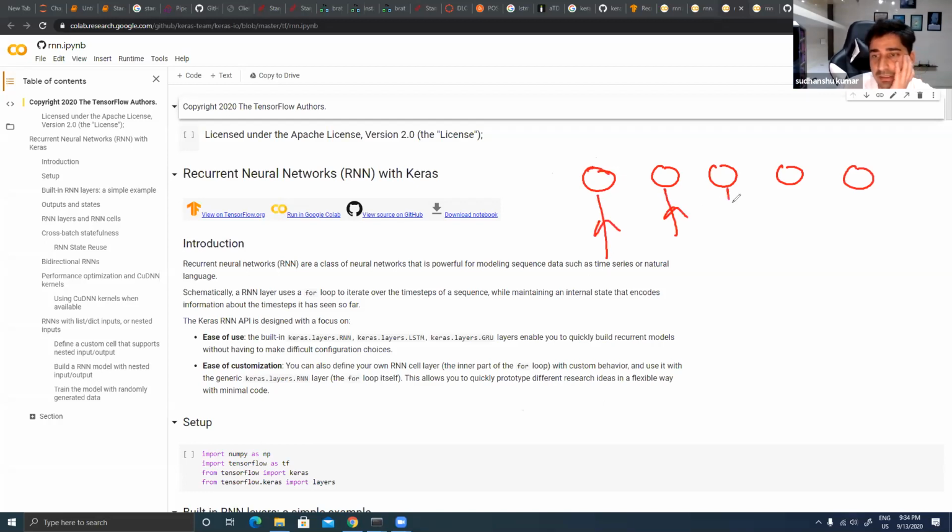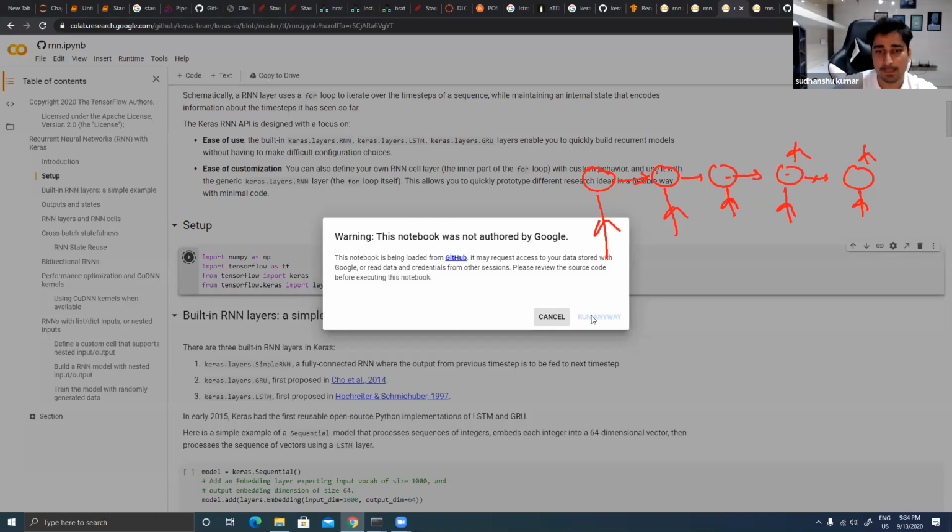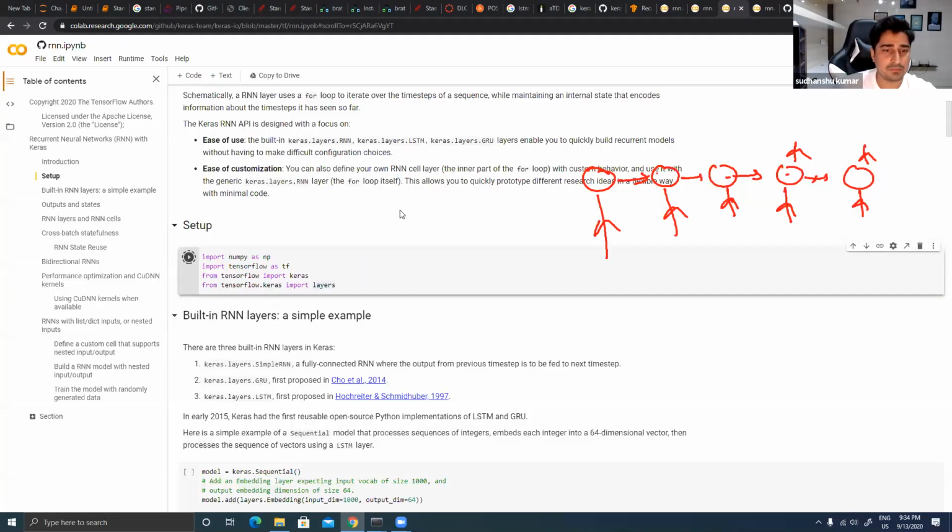So here you can see I have 1, 2, 3, 4, 5 LSTMs, let's suppose. Then it could be possible that I'm looking for one output or two outputs. If I have to create this kind of architecture, let's understand how easy it is. What you can do is import TensorFlow and all those things, import Keras and everything. Once this import is done, let's wait.